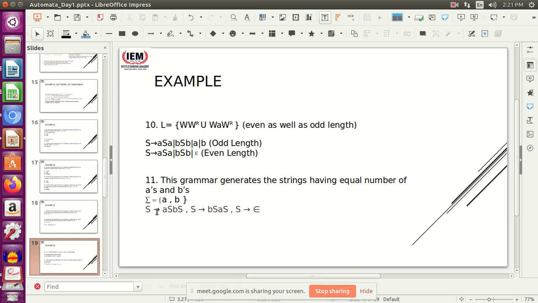So you start with the starting symbol S, and then you have ASB S. Why this? Try to understand one thing, that whenever I say that the grammar generates equal number of A's and B's, I need to balance the number of A's and B's. That is, for every A that occurs I need to have a B, or for every B that occurs I need to have an A. So that is why I am writing the production rule in this way, which says that S goes to A, and then to balance this A, I have this B. In the middle there can be anything, at the end there can be anything.